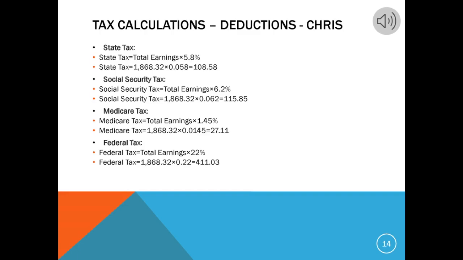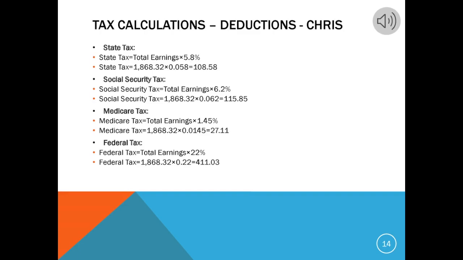Now, for his Social Security tax, it's, again, the total earnings times 6.2%. So we're going to do 1868.32 times 6.2%, which equals $115.85. Now for the Medicare tax, we're going to be doing total earnings times 1.45%. So we're going to be taking 1868.32 times 1.45%, which is